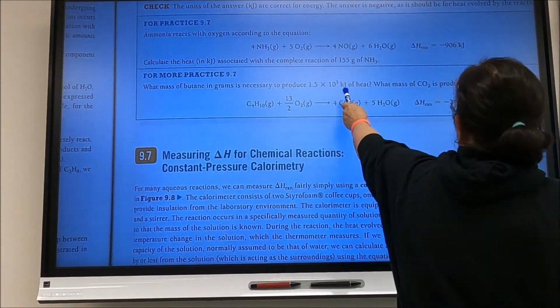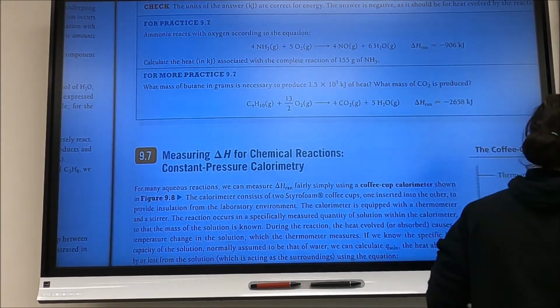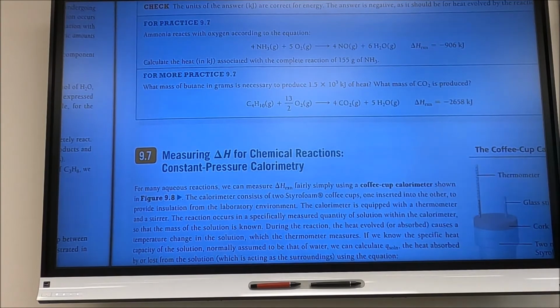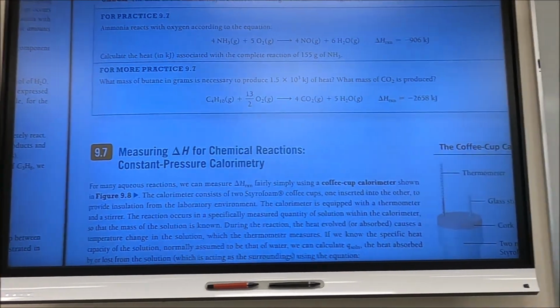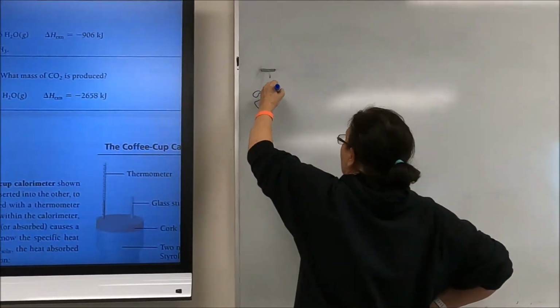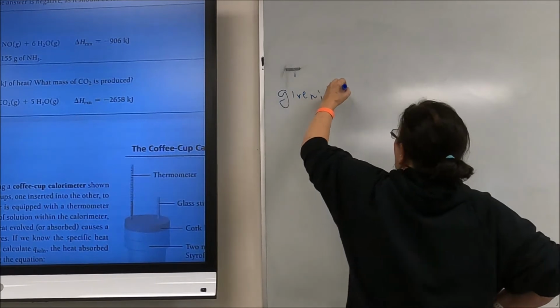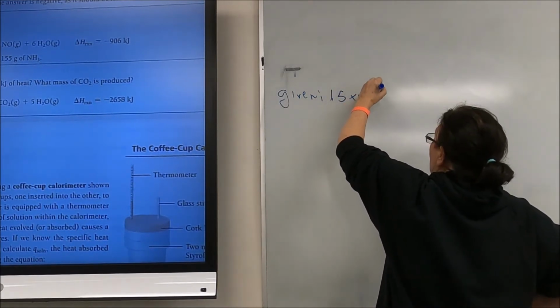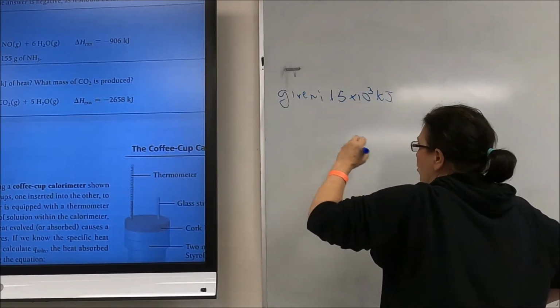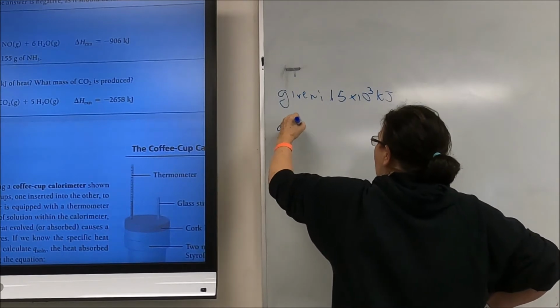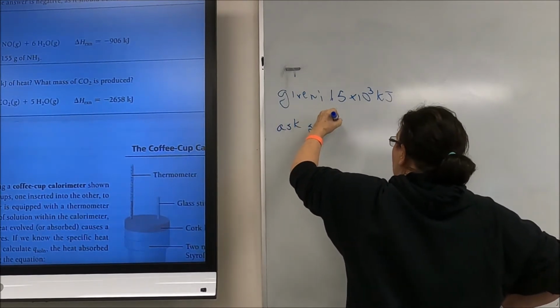Well, I'm just going to worry about the first half of this. The back half is just a straight stoichiometry problem. Okay? So let's look at this. We're given 1.5 times 10 to the 3 kilojoules of energy,